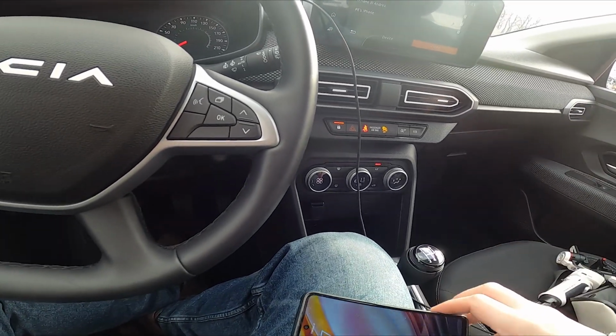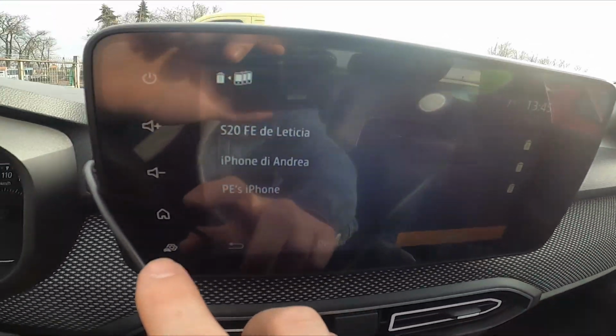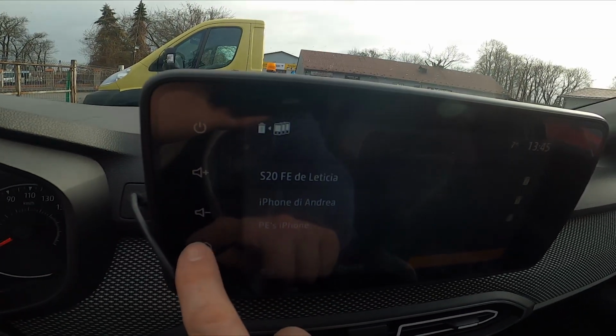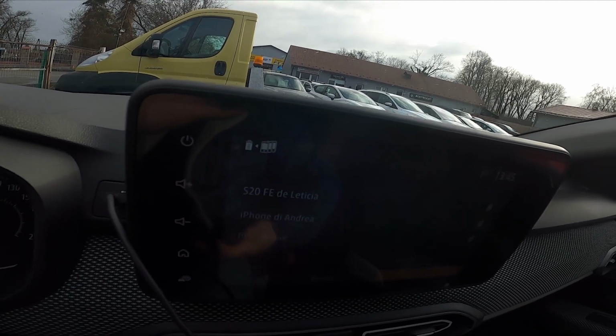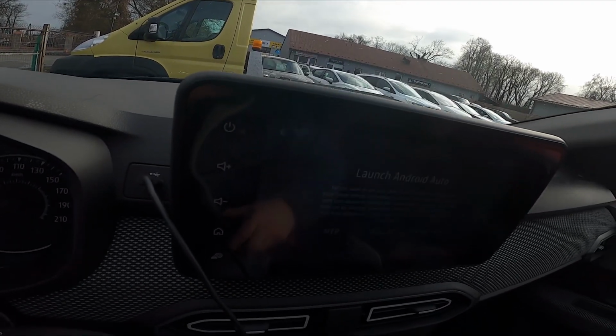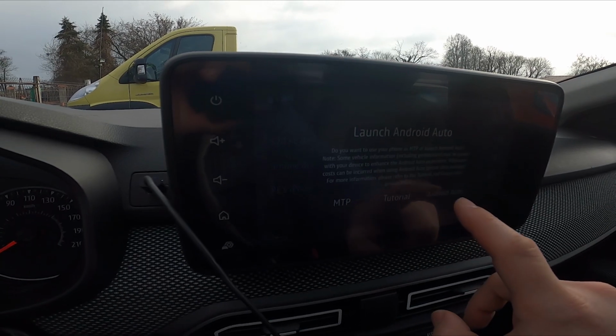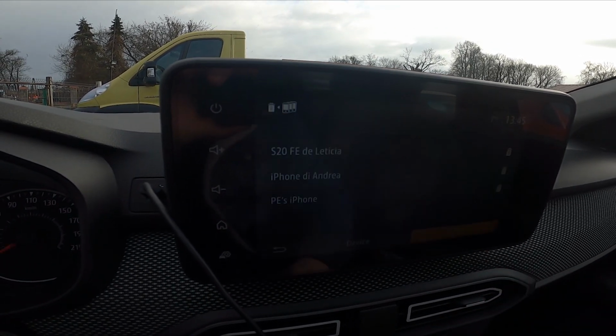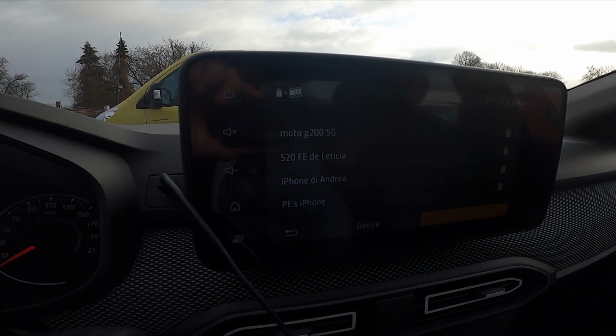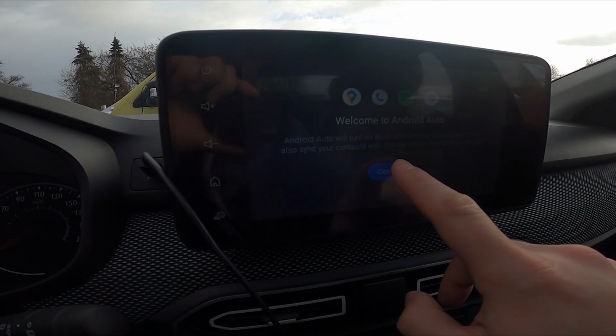Okay, and once it's connected, take a look at the screen display and go to menu. Go to smartphone integration and select Android Auto or Apple CarPlay. Continue,